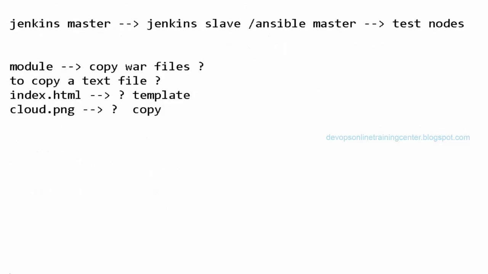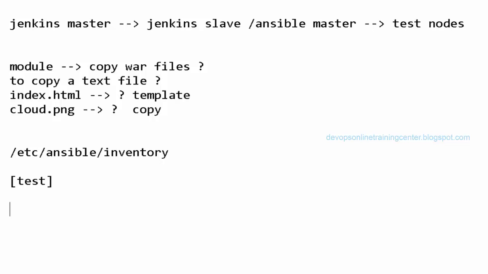Yeah. So where do we give information about the test nodes? In the Ansible host file, the Ansible inventory. Yeah, so /etc/ansible inventory. Here we create a group, something like test. Under test, we specify all my test nodes. So this particular binary will be copied to all the test nodes. If you have project specific commands, those also we can mention in the module so that they will be executed, like stop the application, start the application, so that these changes will come into effect, right?